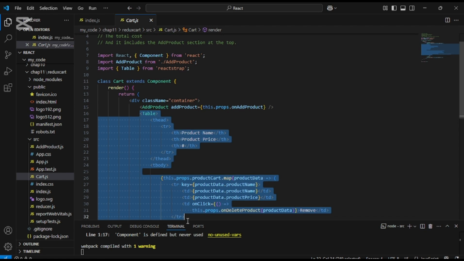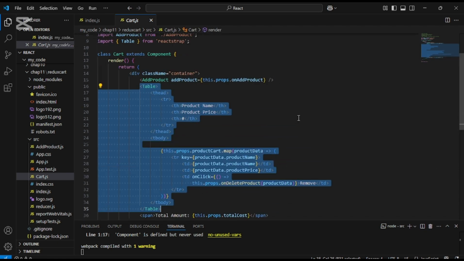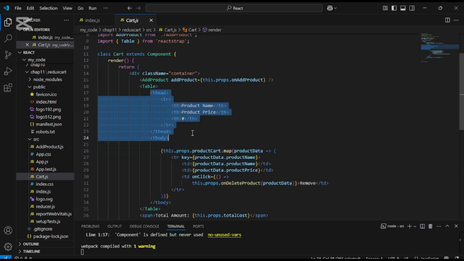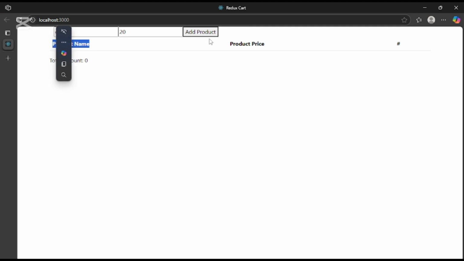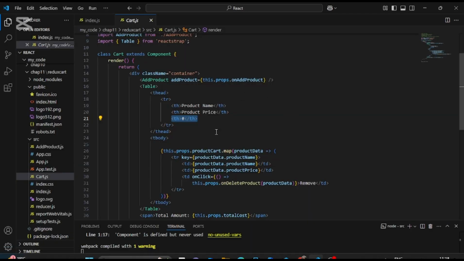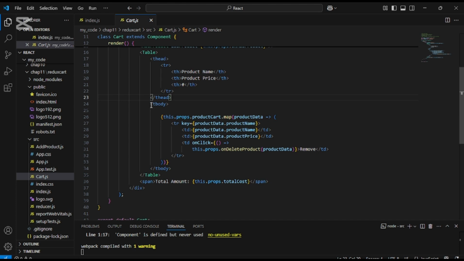Then we have a table over here. This table basically has a table head with table rows and a table header, product name and product price, and this over here. So as you can see, the product name, product price, and this hashtag over there. Then to display the data, right,